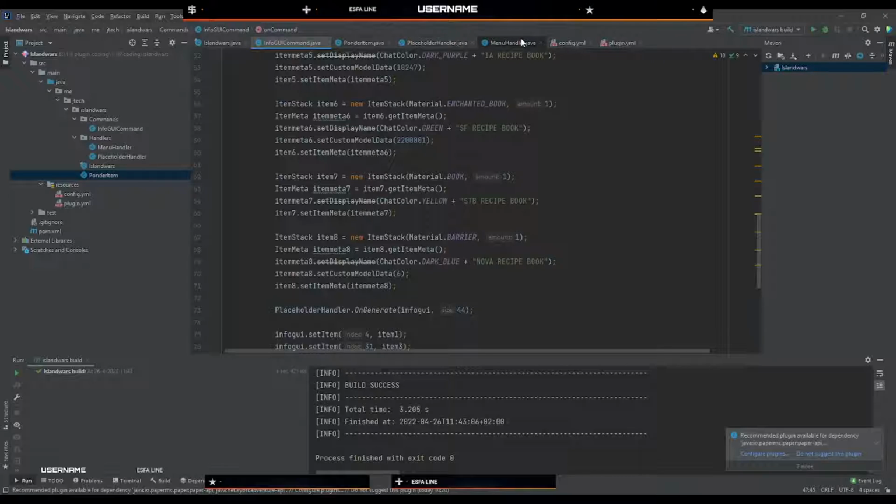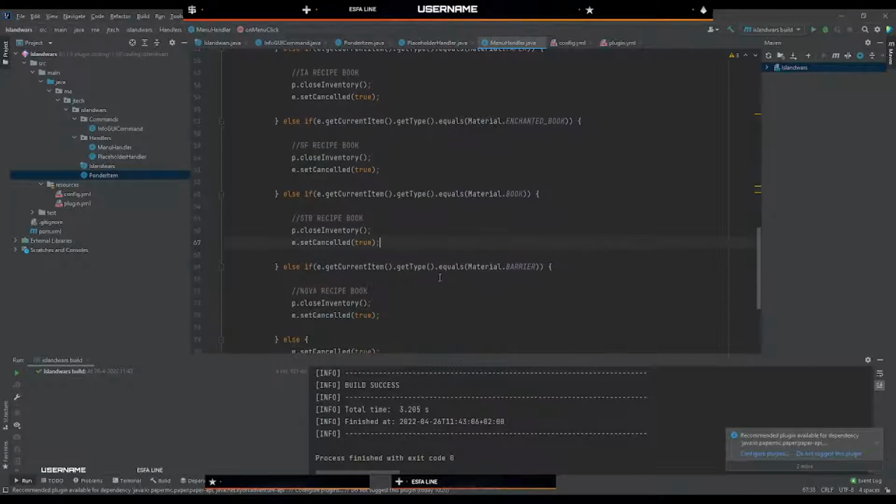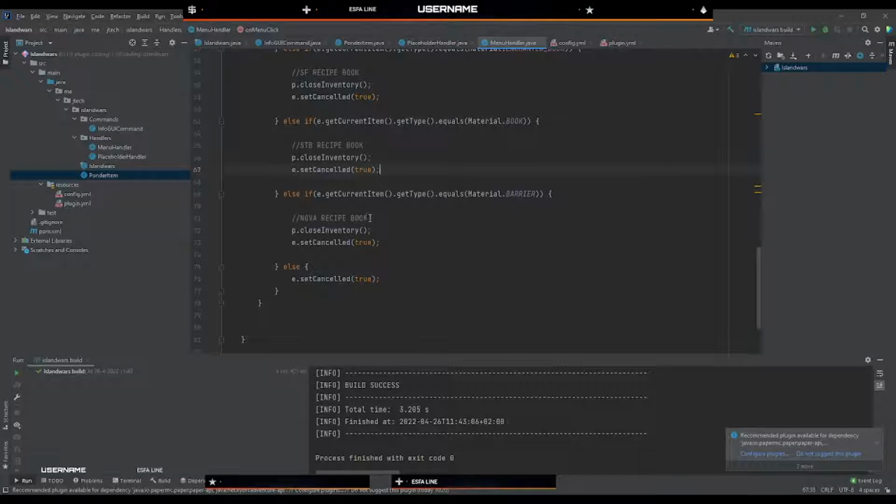So we're gonna go back into the menu handler, and where we have the Nova recipe book, we're gonna go and see if that's, then we also need an extra check if e gets current item, gets item meta, gets custom model data